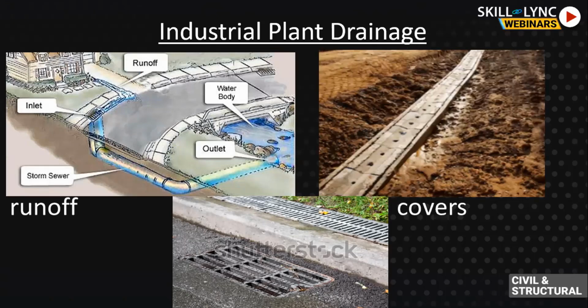There are canteens or even dispensaries or even meeting rooms in a plant. So whatever is the area, there will be rainfall over the roofs of those buildings, plus there will be rainfall on the surrounding plot, paved area. So that quantity of water in meter cube is collected, and that is the runoff. So this is runoff coming down.